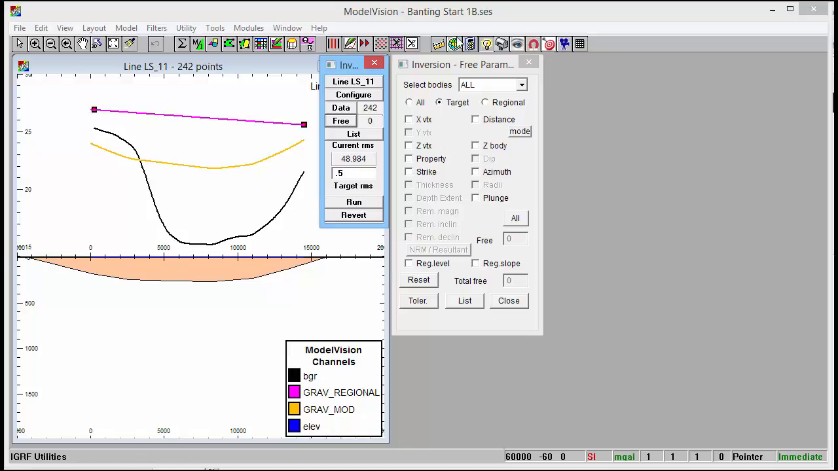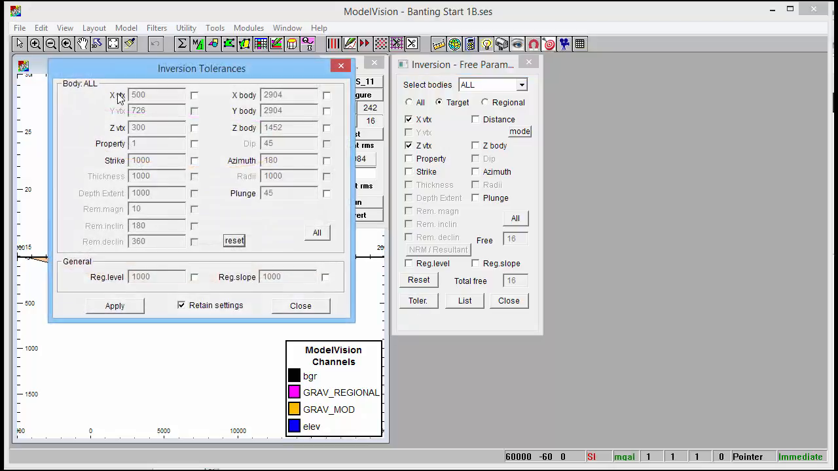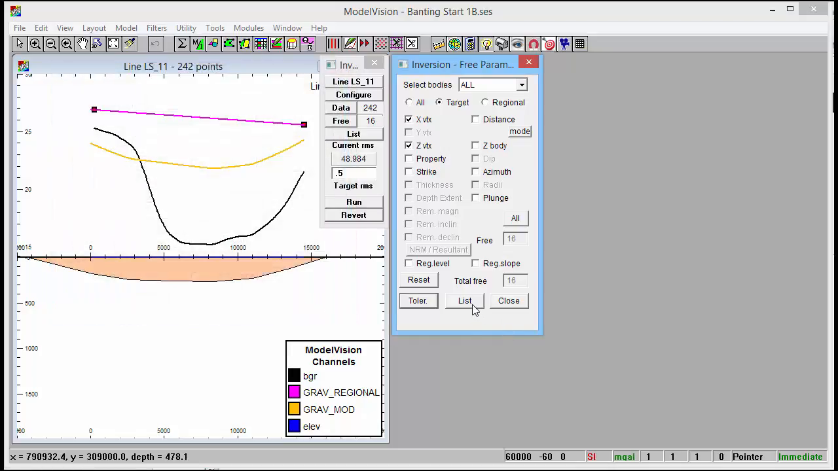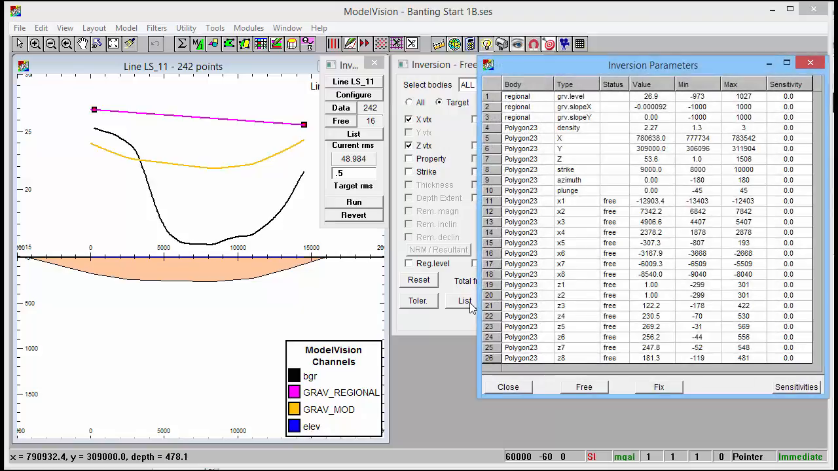Now, the first thing I want to do is free up Z and possibly X. So I'm going to set the tolerance limits for that inversion process. If I click on X, I'm going to allow it to move plus or minus 500 meters from its current position. That's for each vertex. And for the Z vertices, I'm going to allow them to move up and down by, say, 300 meters. We apply those settings, close it, and if we click on the list box button, we'll see all these parameters